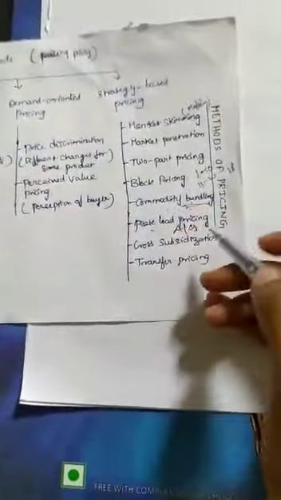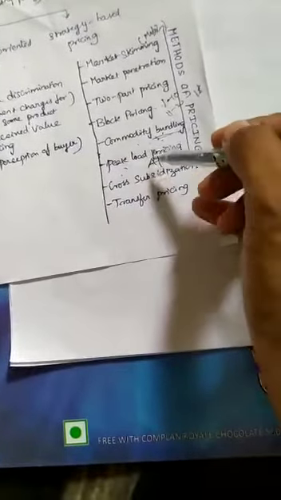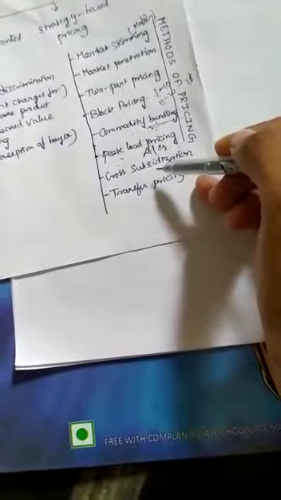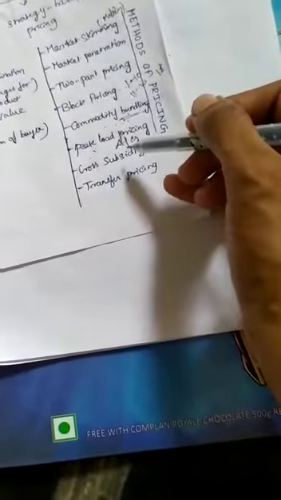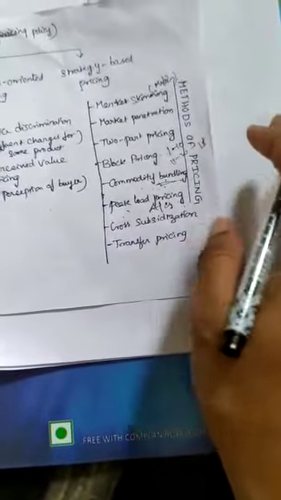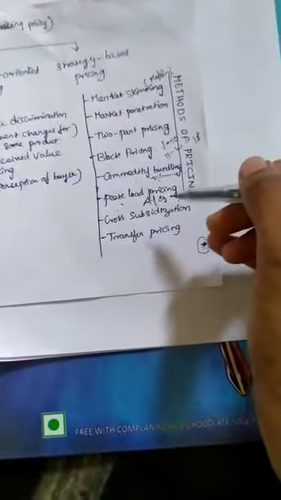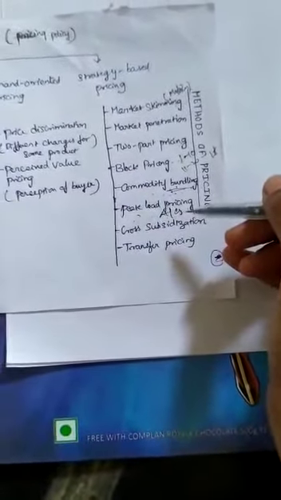Next, cross subsidization. It is a practice of charging higher prices to one type of consumers whereas lower prices to another type of customers. Example, free shipping on online products through Amazon is different as compared to Flipkart. And next, DMart also. DMart is available to one type of consumers, the middle class group, and in Big Bazaar and other shopping malls, the cost may be very high as compared to DMart.